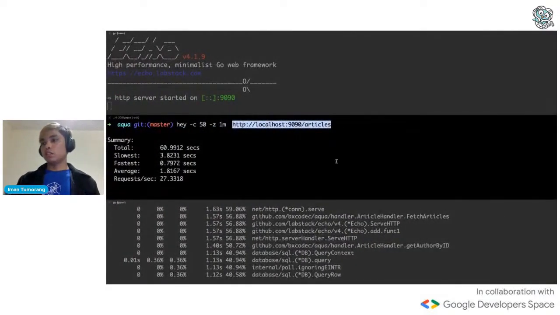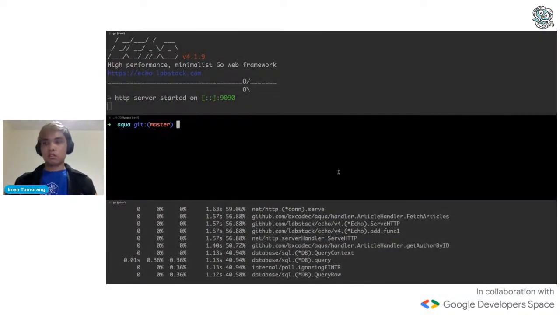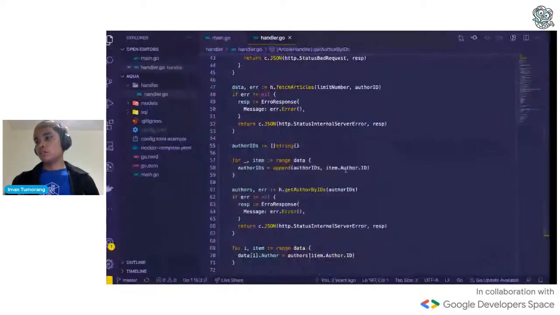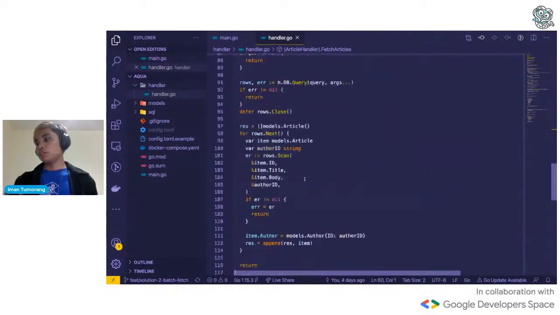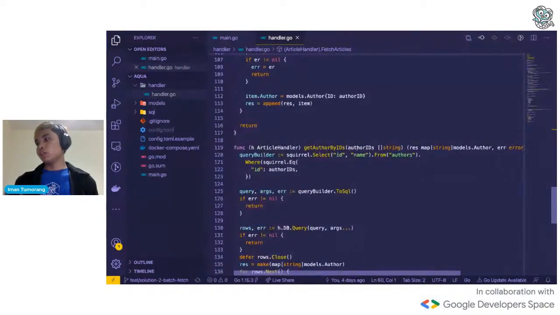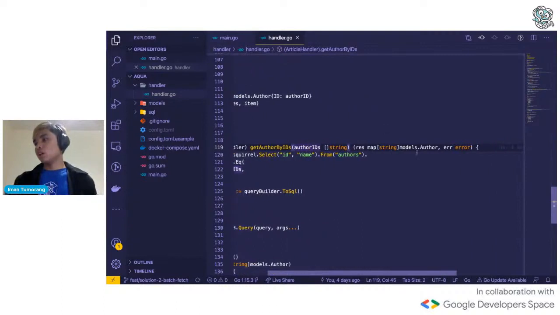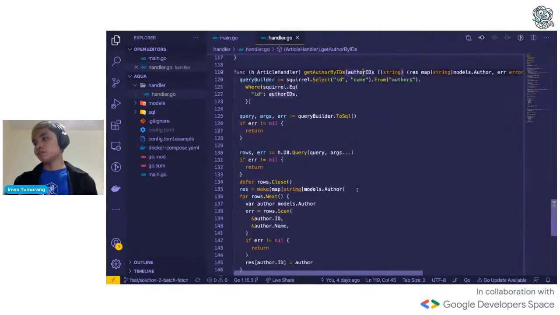So if you guys want to see the code, what I've done is get author by IDs. I pass the author IDs array and it returns a map of authors, where the key is the author ID.